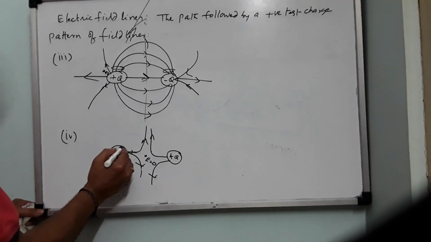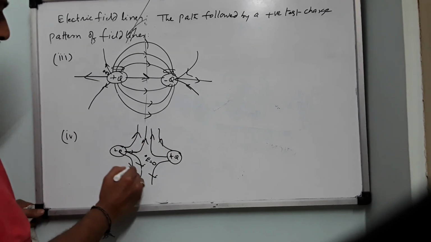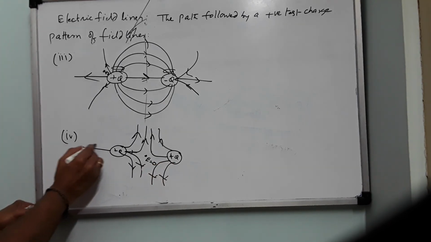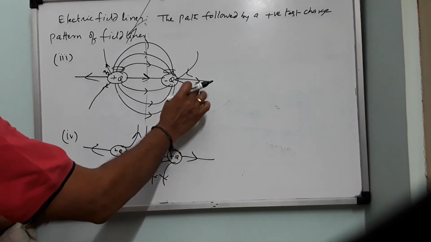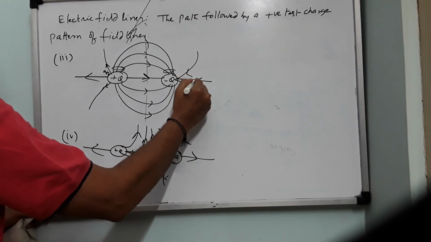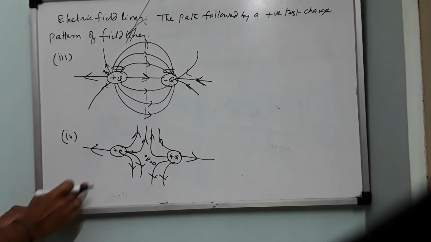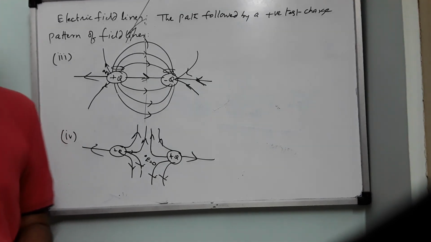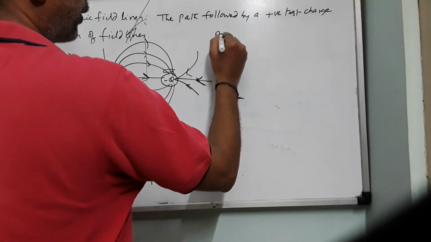Right? So you can draw as many lines as you want. So these are all the patterns. Like this. So if you keep here, it will go like this. Here also it will be like this. You can see this line. Oh, I'm sorry. This line should be like this. So it is entering into minus Q, leaving plus Q. Leaving plus Q, leaving plus Q. The fourth one. So basing on this, we are going to now conclude the electric field lines by stating their properties.